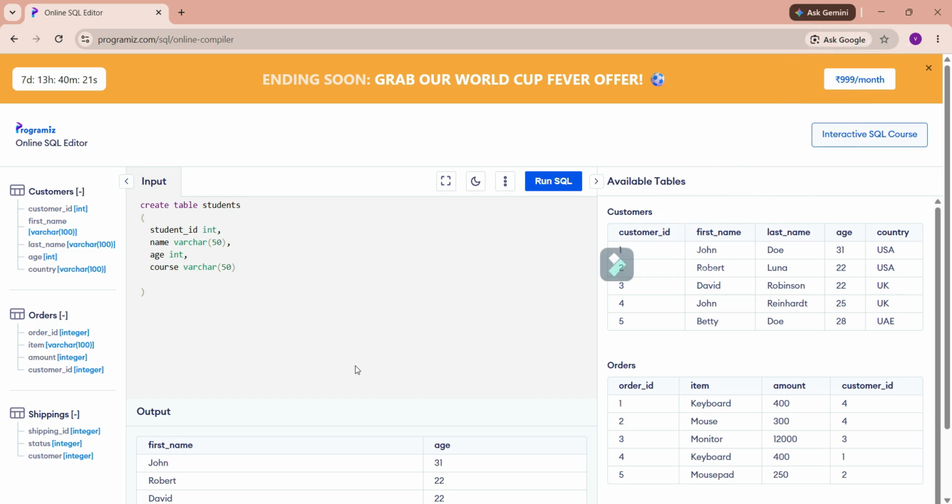So this SQL statement creates only the table structure. No student data has been inserted. So this is the schema.